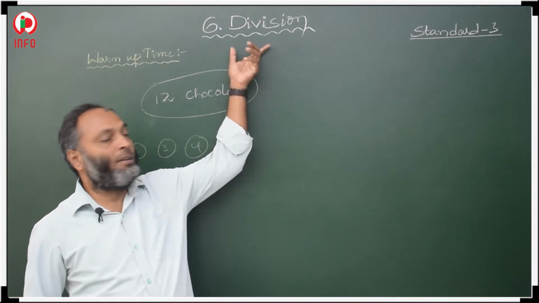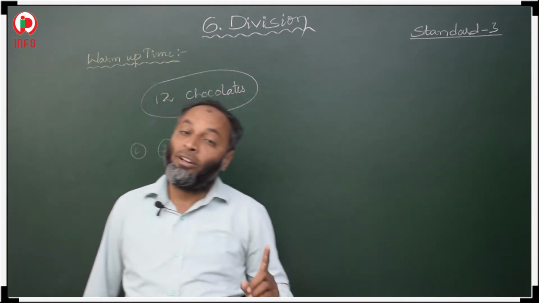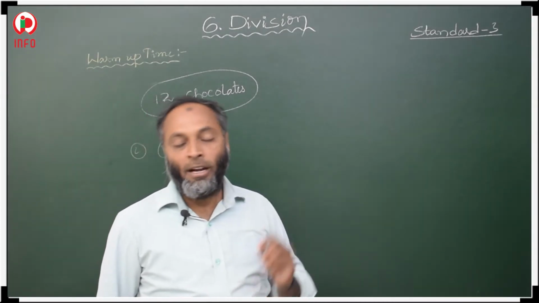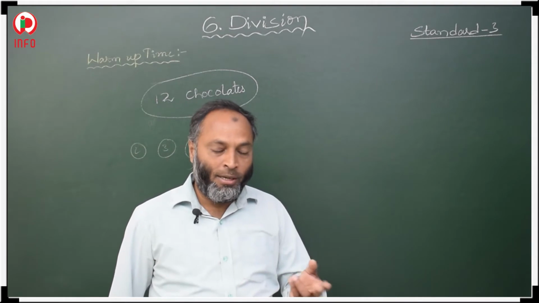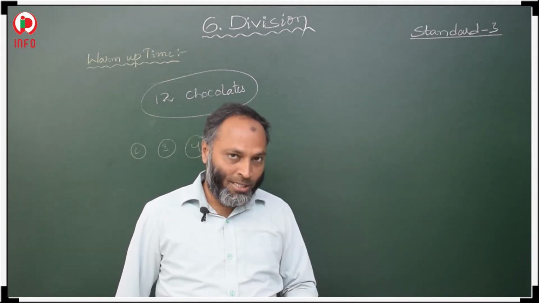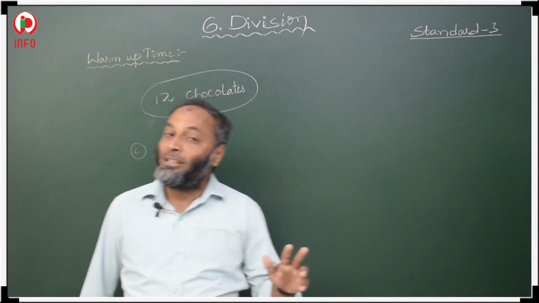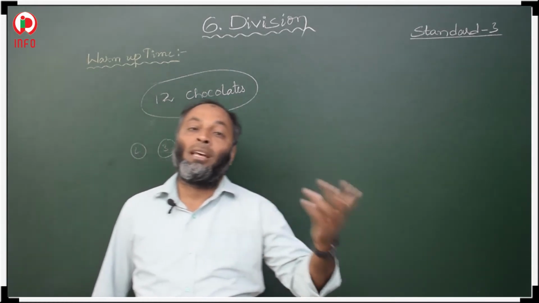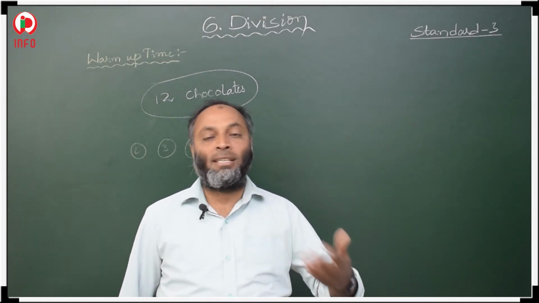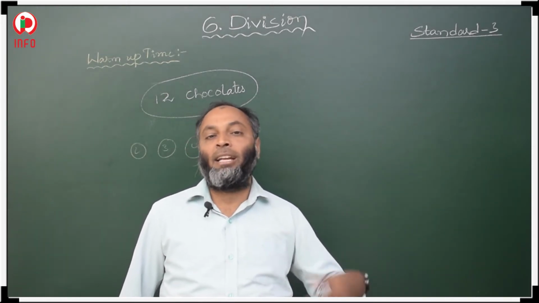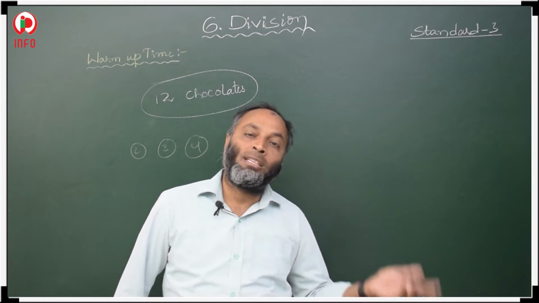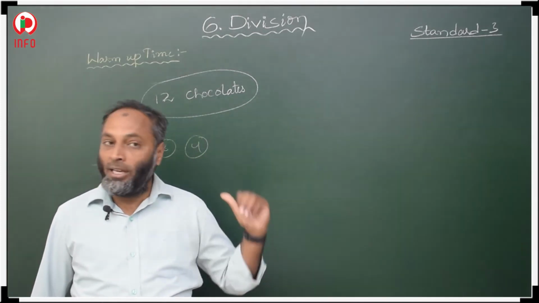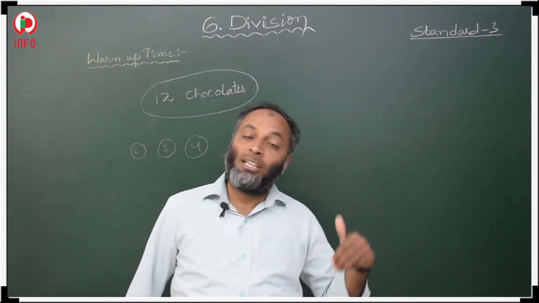Which chapter? Division. In the division chapter, we are going to discuss how to divide. Divide means distribute. So, what does distribute actually mean? What is multiplication? Multiplication is continuous addition: if the same numbers are added again and again, thrice, 4 times, 5 times, then we apply multiplication. So, what is division? That we are going to discuss.